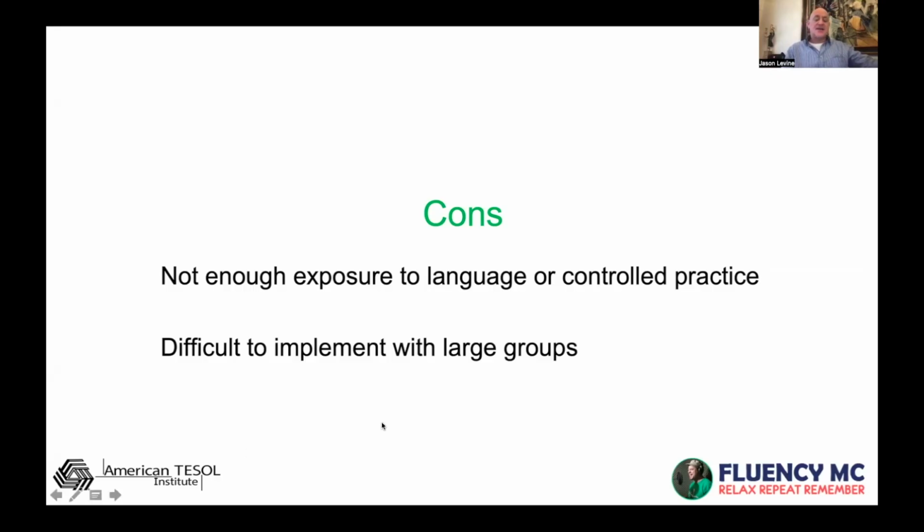And this I hear all the time, and I understand it. How do you do it with large groups? And the answer is being very creative with setting up small groups and other things, especially if you're working together towards a task, which is task-based learning, which I'm getting to.